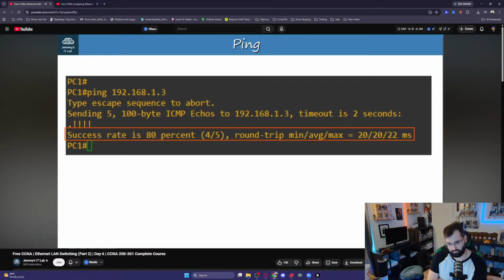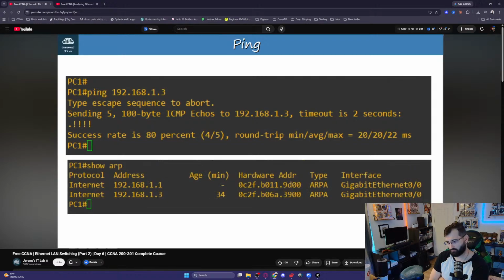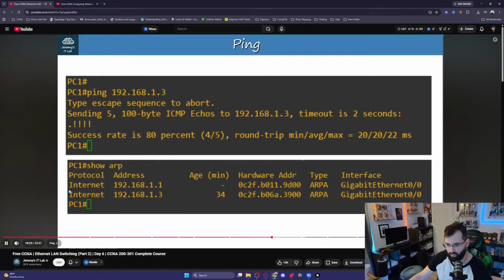Let's take a quick look at the ARP table here. The command for Windows, macOS, and Linux is arp -a. However, in Cisco iOS, it's show arp from privileged exec mode. Here's the ARP table. Notice there is an entry for 192.168.1.1, which is PC1 itself, and then below it, 192.168.1.3,